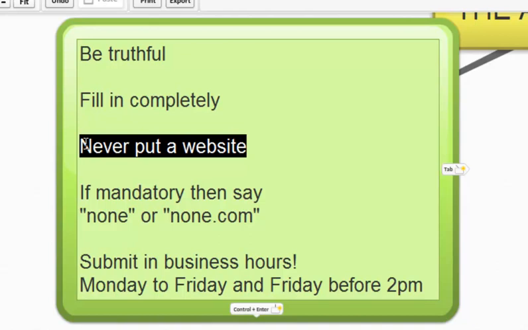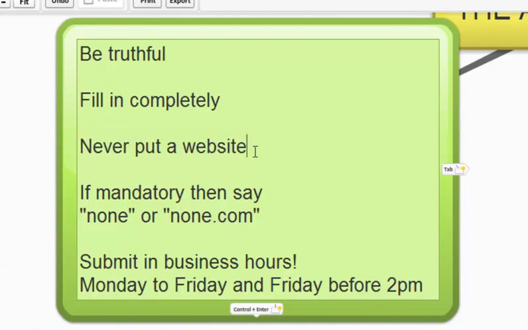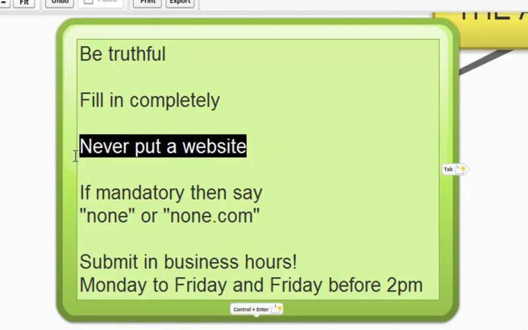Okay, the reason why that is because you might think that your website is the best website in the entire world, but to be honest, the affiliate manager is not going to think so. CPA networks usually deal with big companies, and those big companies are not going to consider your little affiliate website or your little blog, even if it's 5 to 6 years old, as anything in front of their company. So never put in a website, because that is your way to instant denial.